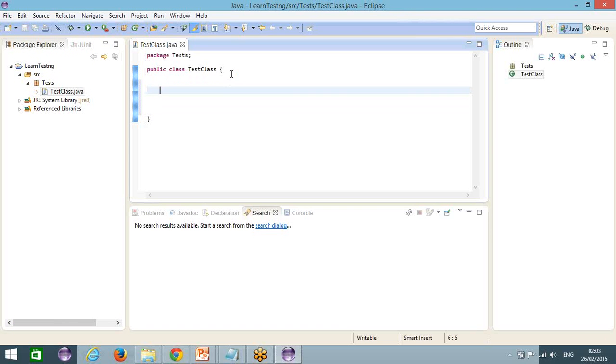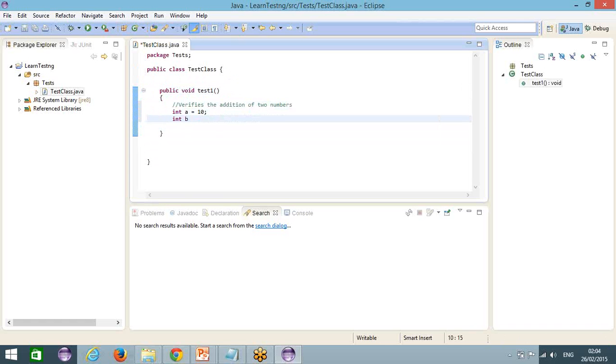So to write a TestNG test, you just need a test method. Let's say this is my test method called test1, and this test method does something. Let's say this test method verifies the addition of two numbers, right? And for the time being, let's say we have two numbers called 10 and 20, right? And we just want to verify that these two numbers work or not, like assert dot